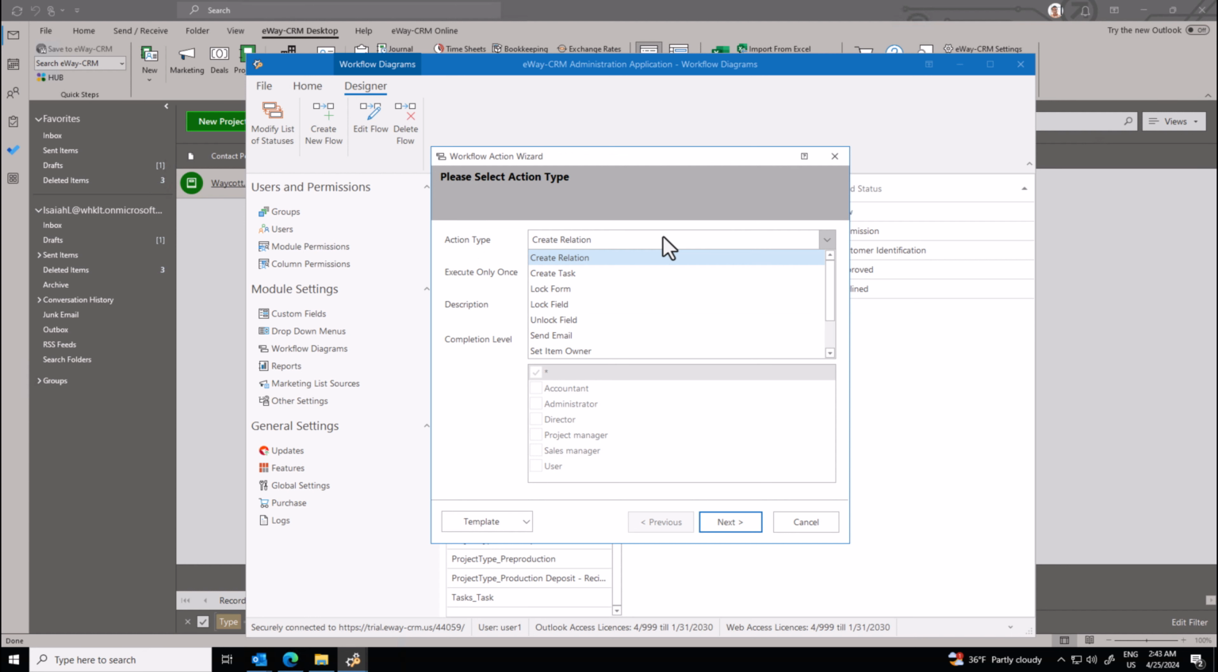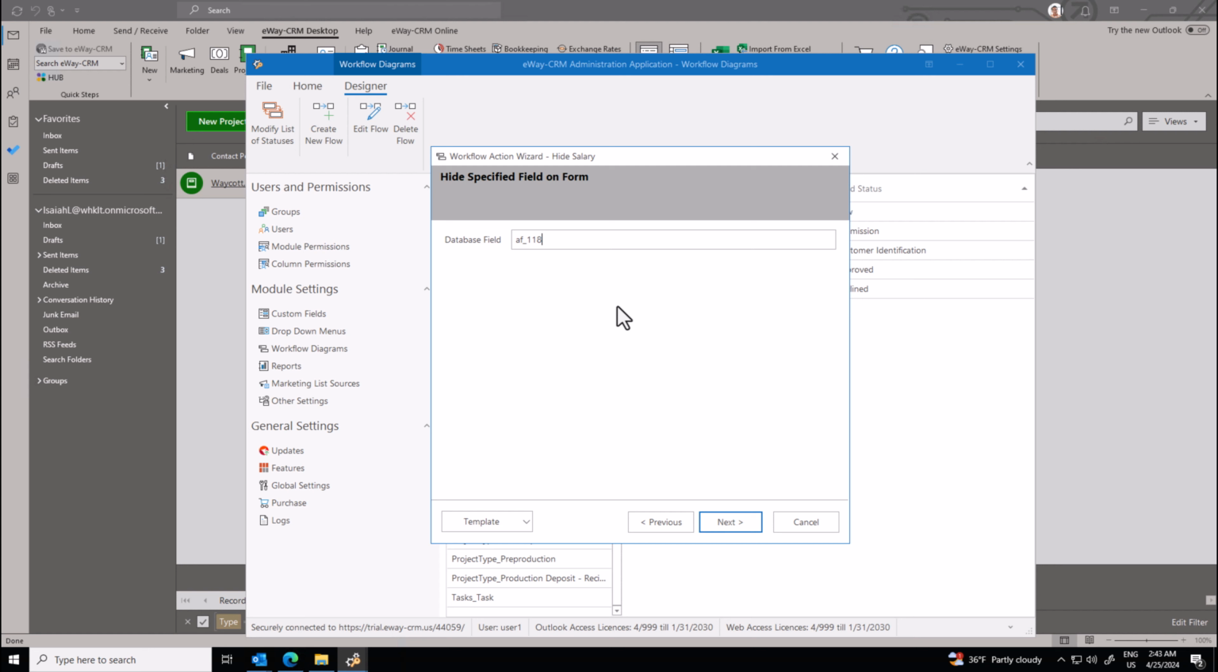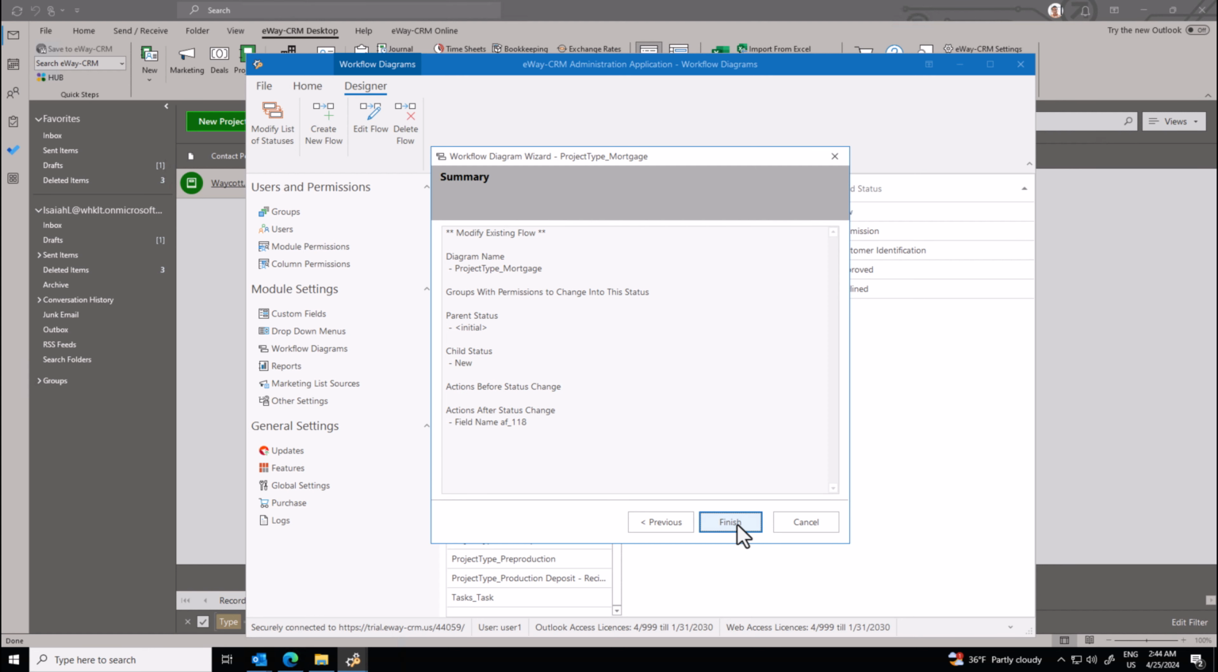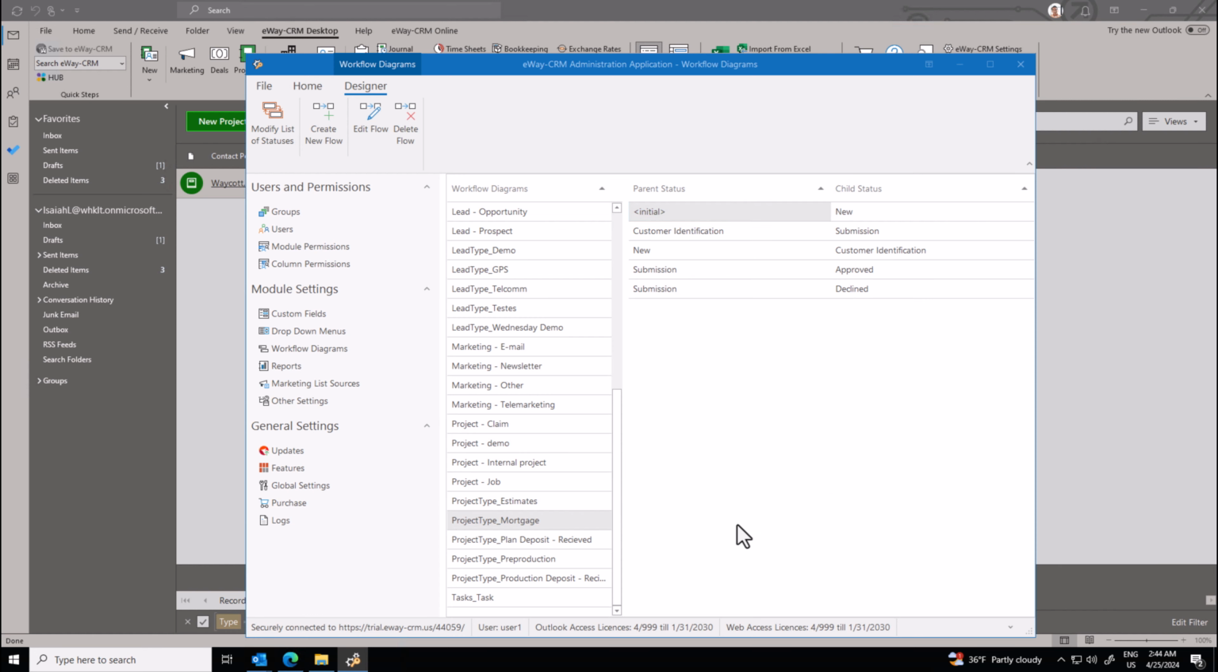Here's a list of the available workflow actions. Many of these are actually new in eWay-CRM 8.2. Here we want to initially hide that field, so the description will be hide salary. Click Next, and we can easily Control-V to paste that database field. Finish this up, and moving on, when we hit that customer identification stage, we want to once again unhide that